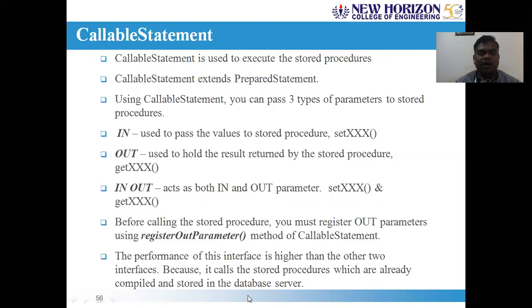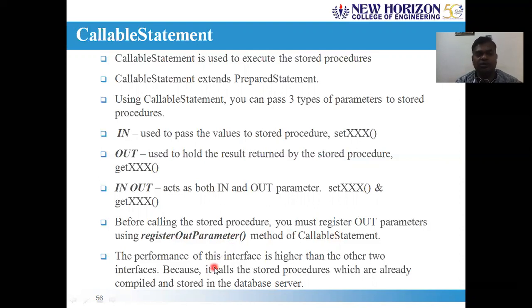It can be done by making a call to the registerOutParameter built-in function of the callable statement object. By making this call, we can explicitly define a channel between the Java program and the database, I mean, the stored procedure.